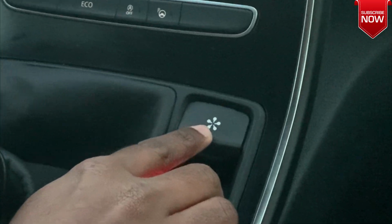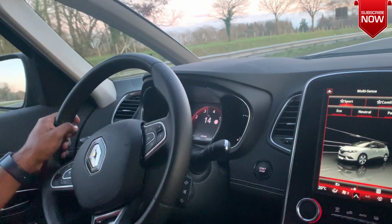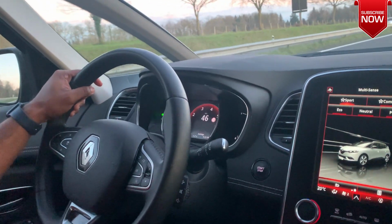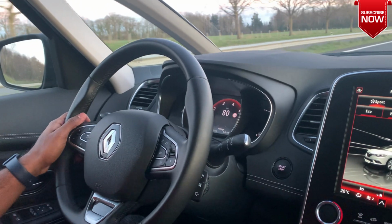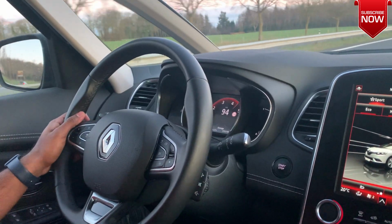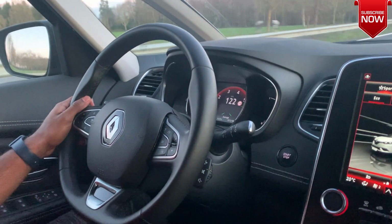Now changing the mode to sports mode to check 0 to 100 km per hour, revving the motor till 6000 rpm and launching the car. Definitely feel the punch of the petrol engine,